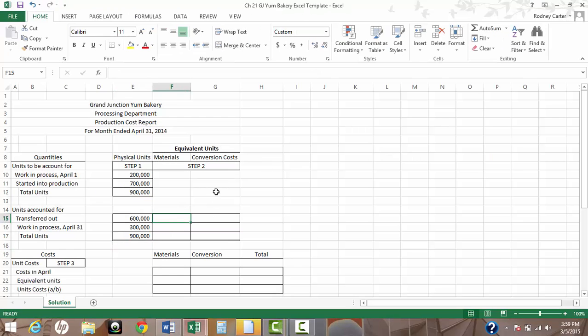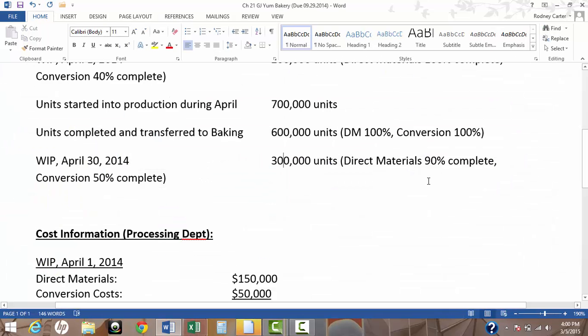From here, what we need to do is create the equivalent units. You'll remember in the example in the PowerPoint slides, there was an example regarding full-time equivalent students. We had full-time students and we had part-time students. We needed to know how much a part-time student took on average. That example connects over here because we know the percentages that are complete in direct materials, and we know the percentages that are complete